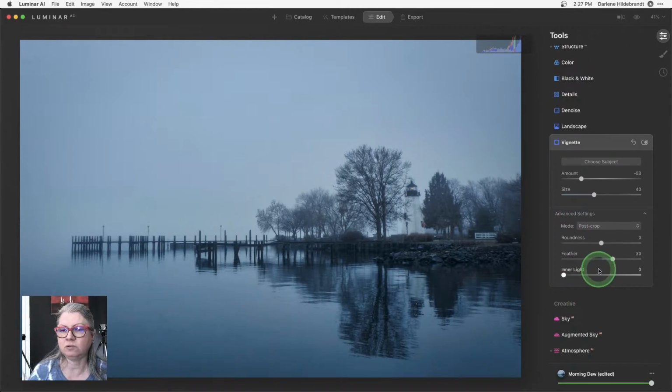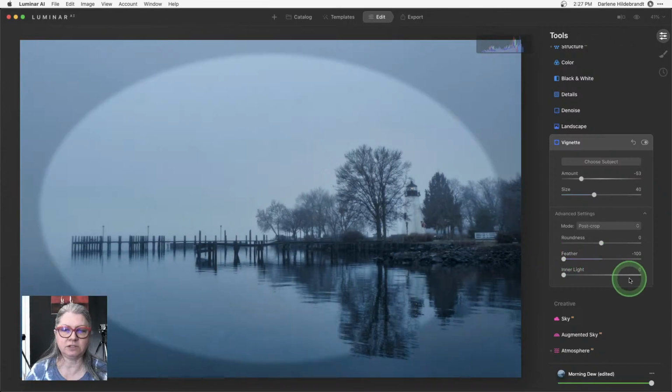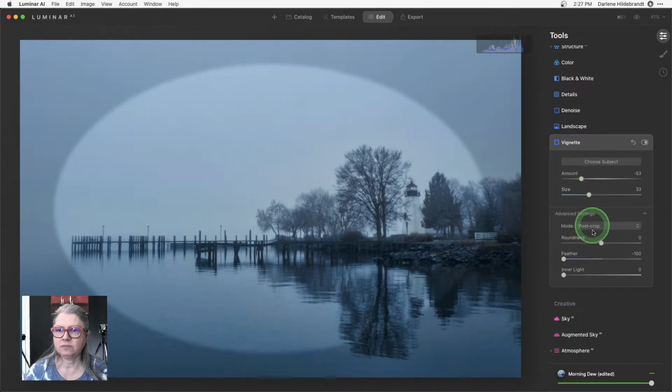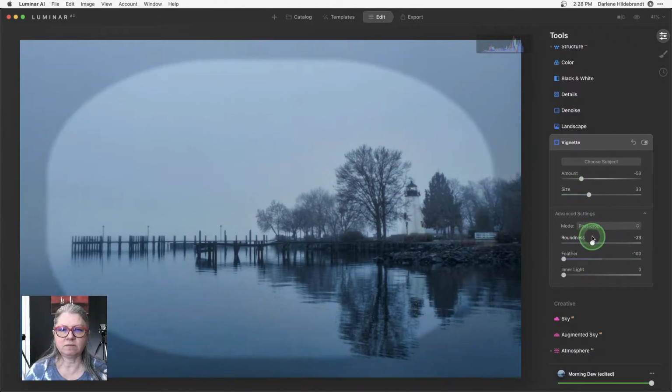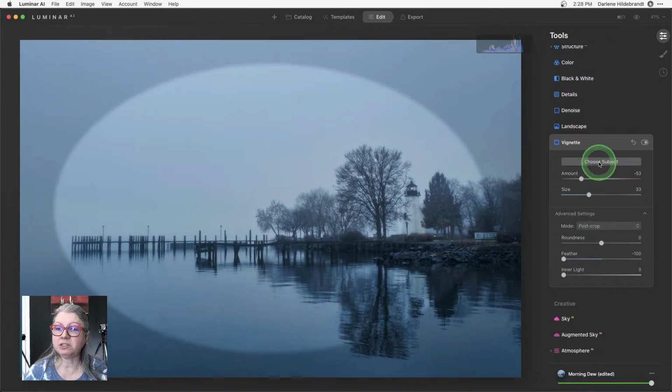I'll show you the vignette tool that I mentioned that you can move around inside of Luminar, that you can't do in Lightroom. So my little trick for vignettes is turn the feather down to 0. And then you can see the edge of it. Okay, so the feather is how it gradates. So I'm not feathering it, it's got a hard edge. Then I can adjust the size, the roundness, and the position. Okay, so it gives me this little crosshairs.